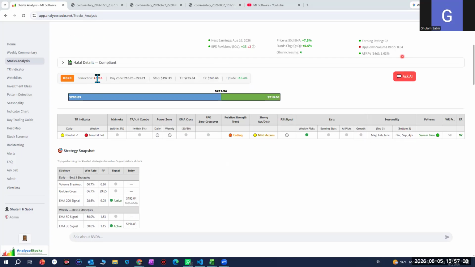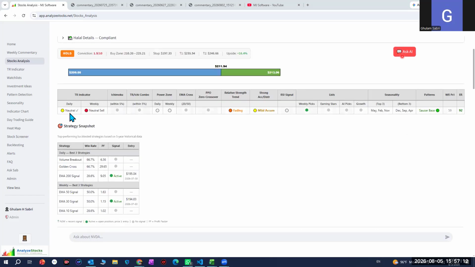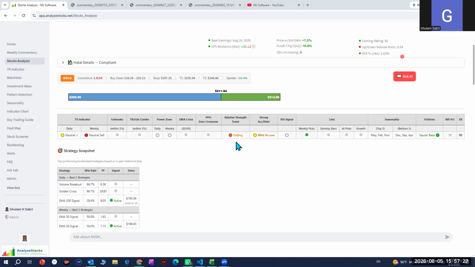Although NVIDIA's conviction is still low for some reason, and all of NVIDIA's indicators are yet to turn, although the daily indicator has become neutral, and its check mark means it's close to a buy point. This was a buy point, 5.5. We can take a look. The reason is that NVIDIA's 2 other things, relative strength trading and the mild strong accumulation distribution, are not very